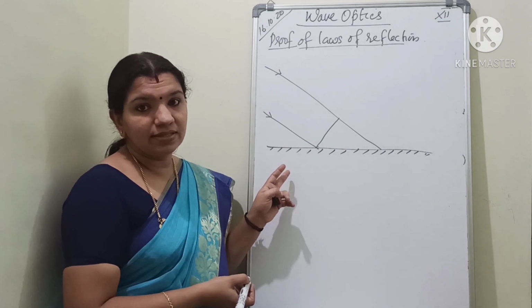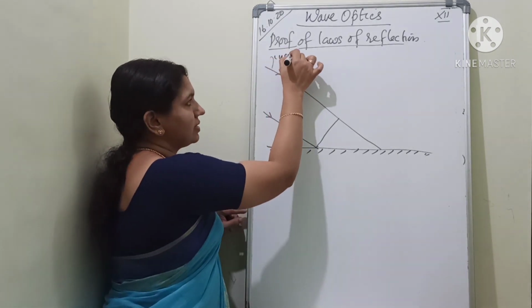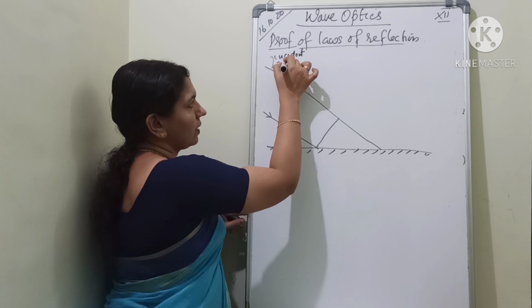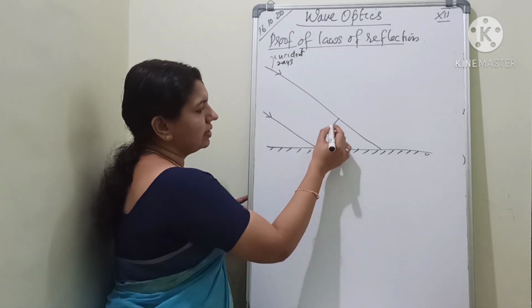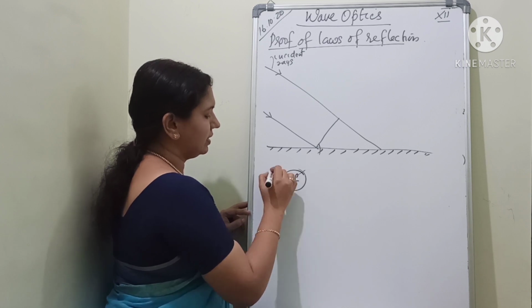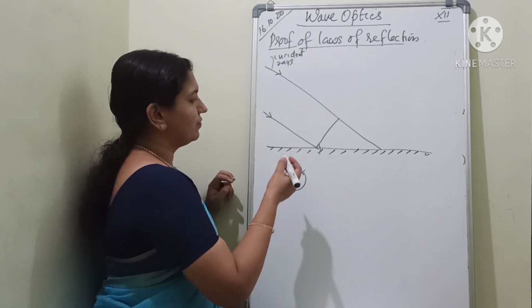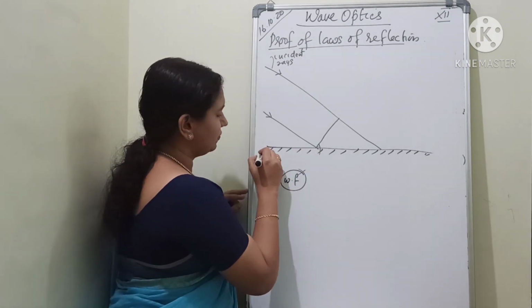This is the incident wave front. So these are the incident rays. And this is the incident wave front. Okay, incident wave front. Clear? Now, let us give names for this. Let the surface be